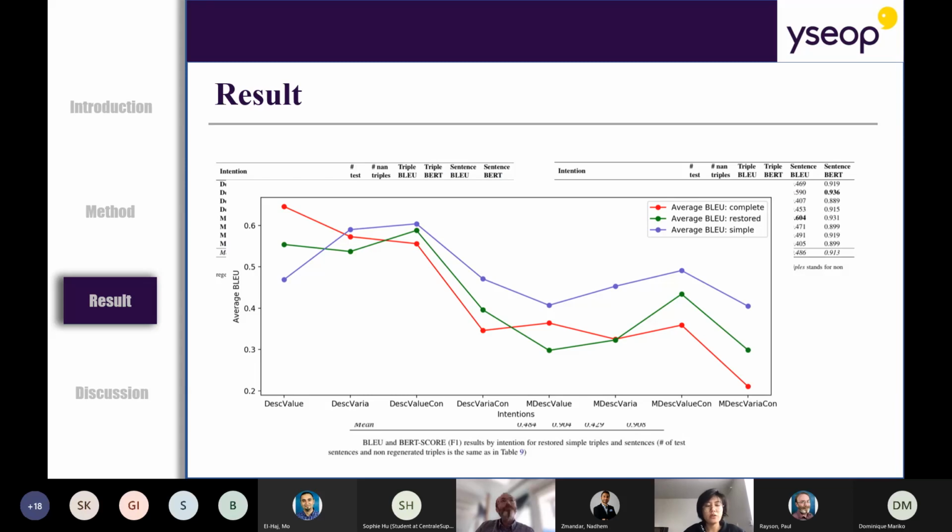Here are results for the experiment, taking Sentence-BERT as the metric. There is a little difference between the aggregated measure for sentences generated at inference from complete triples, simple triples, or restored triples. And taking BLEU as the metric, which evaluates the sentence on lexical level, as we can see in this chart,